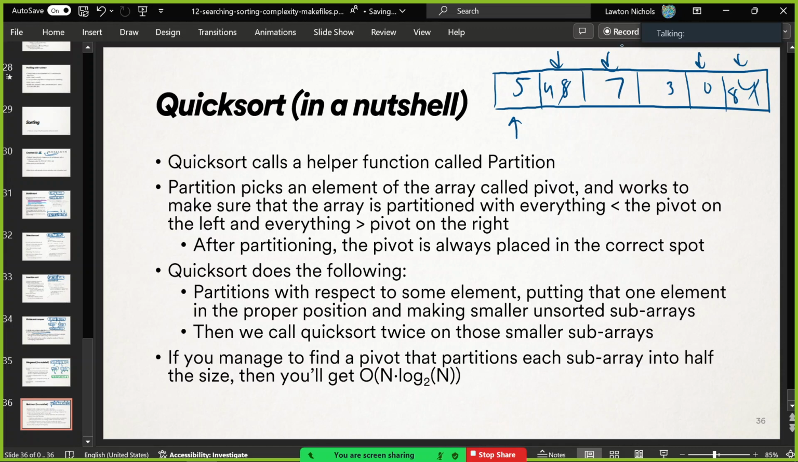Again, the 0 should be on the left because it's smaller than the pivot. The 7 should be on the right. It's bigger than the pivot. So it'll swap them, 0 and 7. And then it's got like 3 and 3, and when those little indices have aligned, that means you're done with